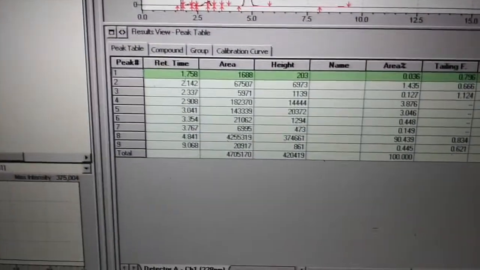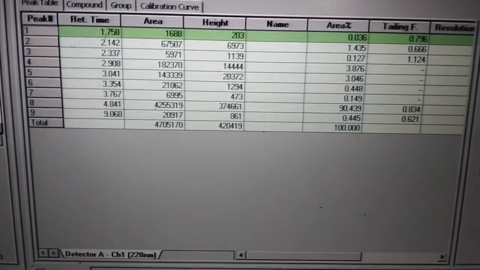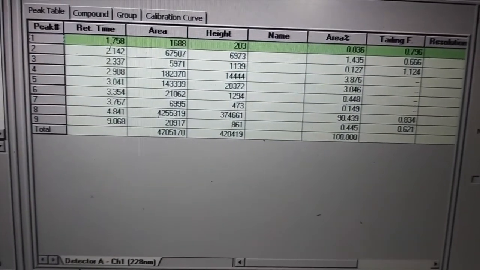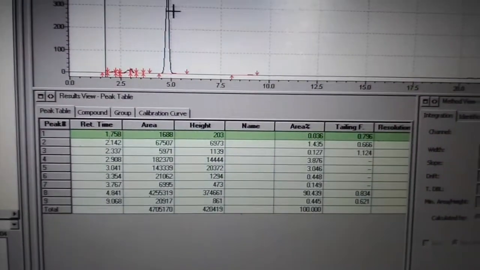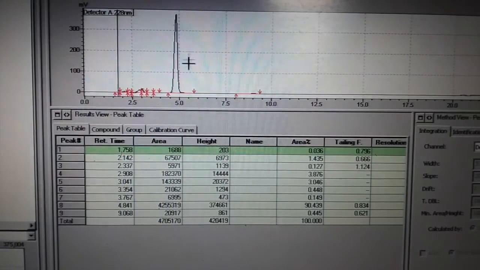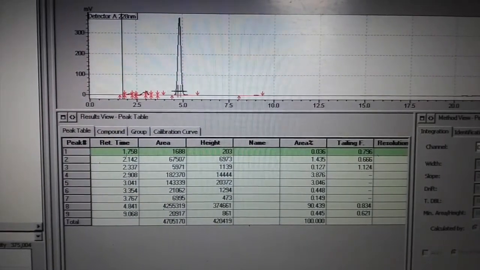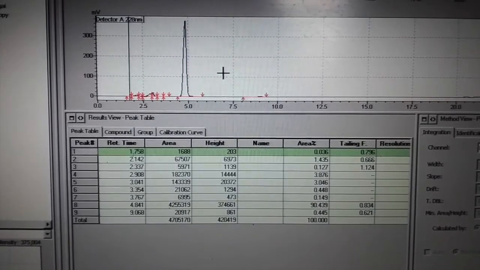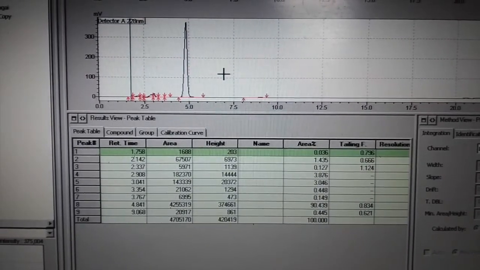From this chromatogram, you have to check the retention time of your components, then symmetry of your components, and run time of components, and peak area. This peak area is directly proportional to the concentration of your compound.